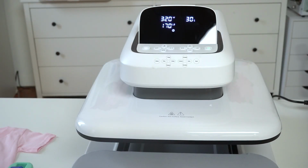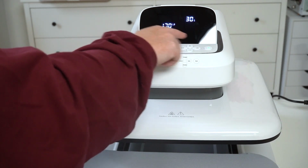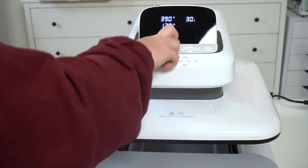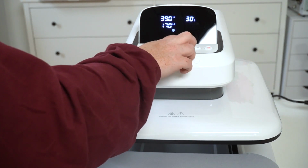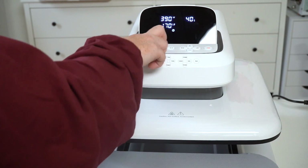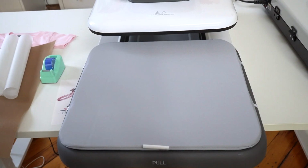Okay, so we're going to be doing sublimation now. So we're going to do this for 390 degrees, for 40 seconds. I'm going to let that heat up. Okay, while that's heating up,